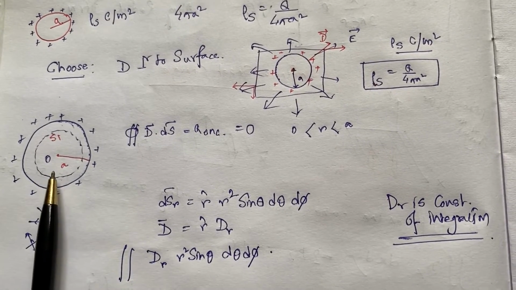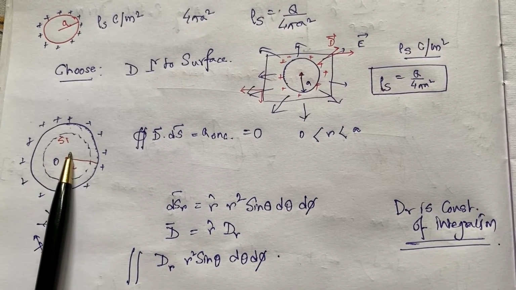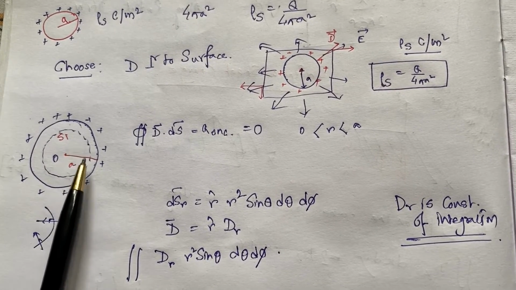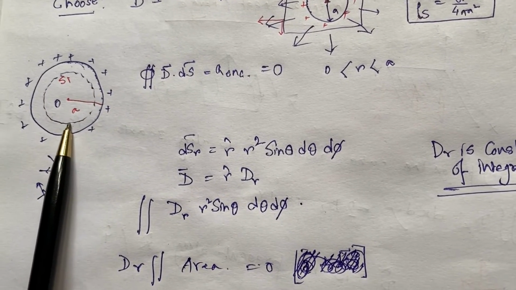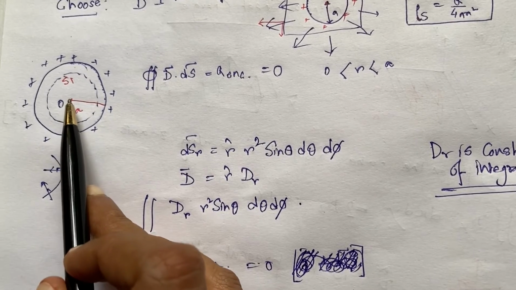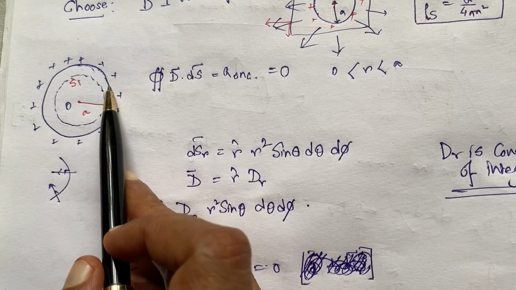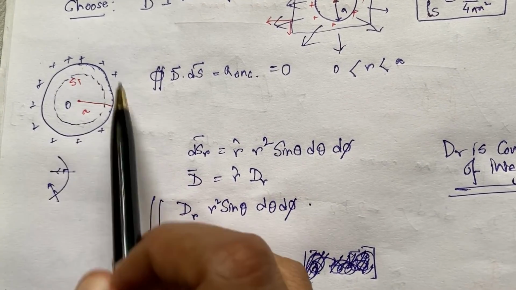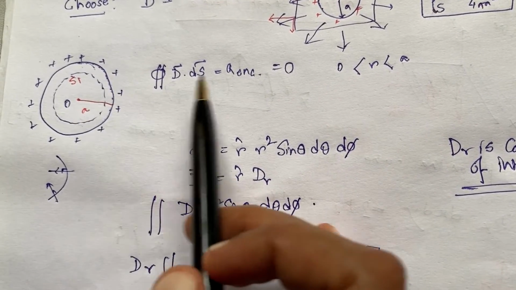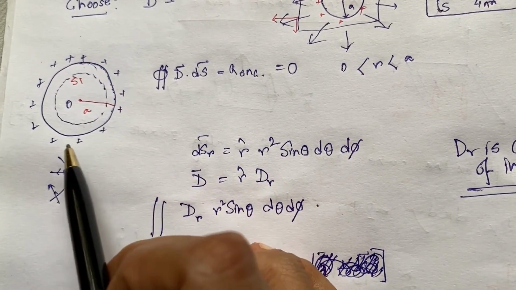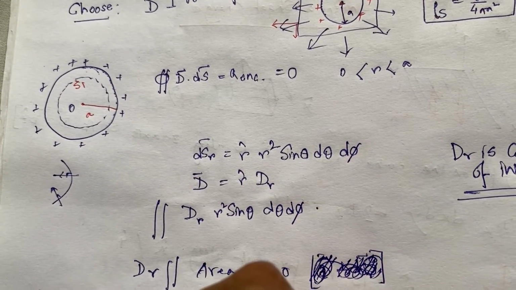Now suppose we are inside the spherical shell, then what will happen? Suppose we have chosen this surface area S1. This could have any radius between 0 to a. If we consider the radius of this S1 surface r, then this r can be 0 when we are here, and this radius can be up to a when the S1 coincides with this surface. So as long as we are inside the sphere and the charges are residing on the surface of this spherical shell, this integration turns out to be 0.